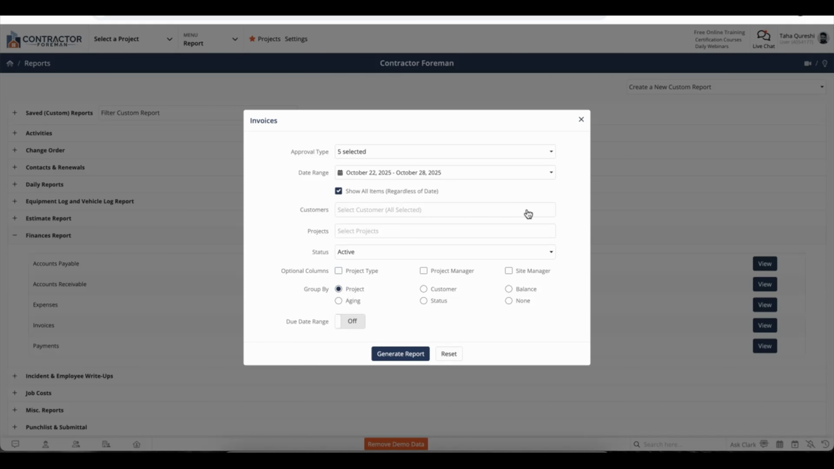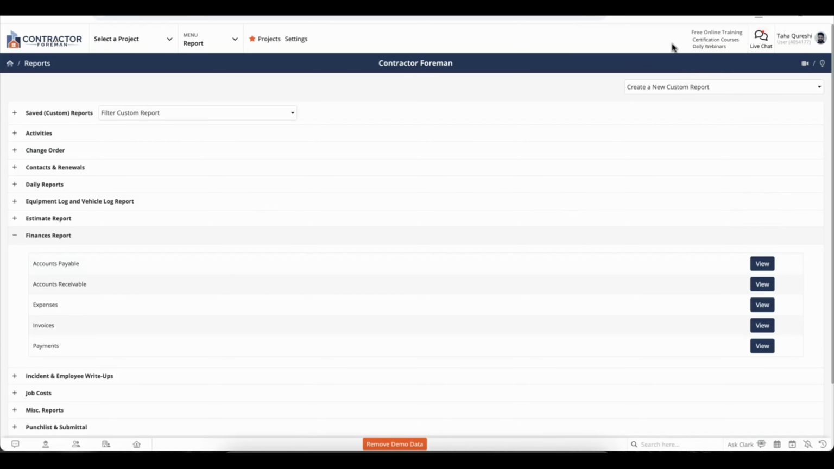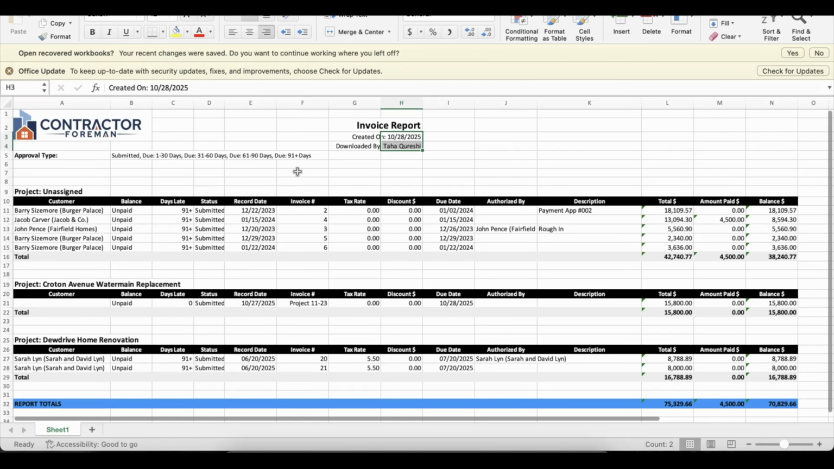I want to review everything, not within a certain date range. For the customers, I'm going to leave it blank because I want to review everything, not just select customers, and that goes along with projects. For status, I'll put all. For optional columns, I don't really need any of these, and I want to group it by project. So I'll go ahead and click on Generate Report, look at my invoice report, and I now have an invoice